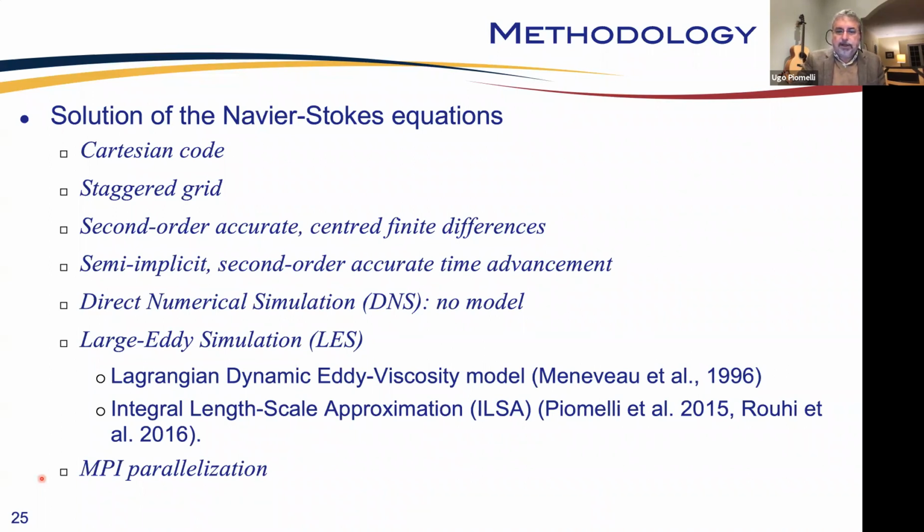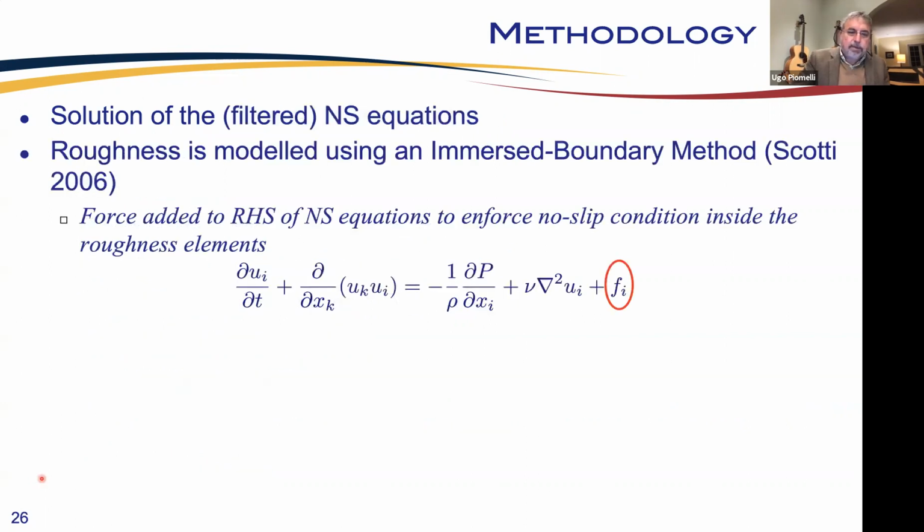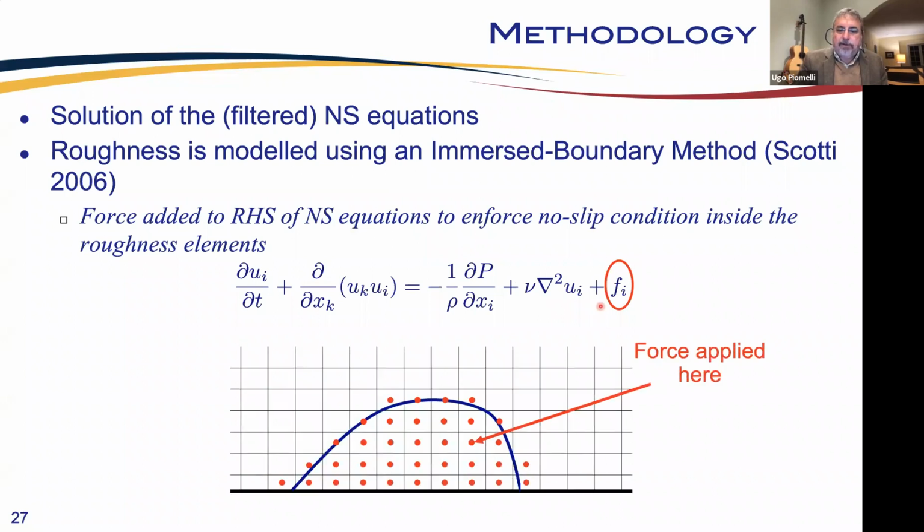We are very confident of the results. So what we do is we solve either the Navier-Stokes equations or the filtered Navier-Stokes equations, and we model the roughness using an immersed boundary method as was proposed by Scotti. Essentially, we add a force to the right-hand side of the Navier-Stokes equations, and the purpose of the force is to bring the velocity to zero inside the